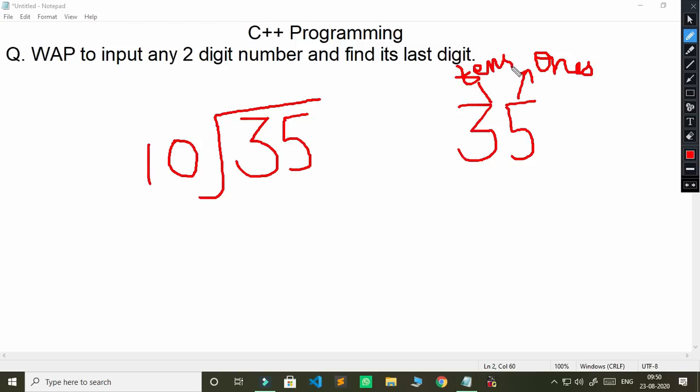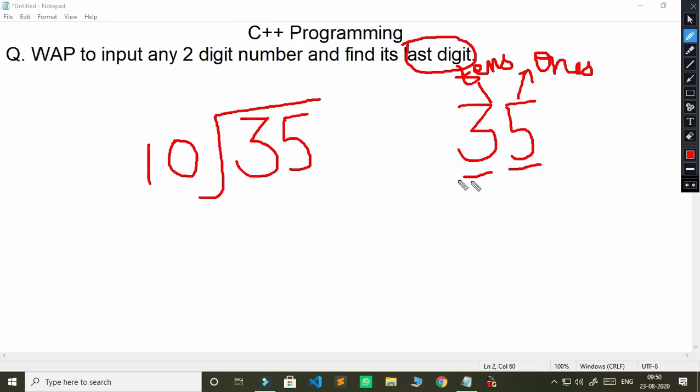So the place value is more important, right? Where the digits are placed. When you found the first digit, you divided the number by 10. Now today's question is how to find the last digit of any given number. As you see, the digit 5 is on the ones place and 3 is on the tens place.